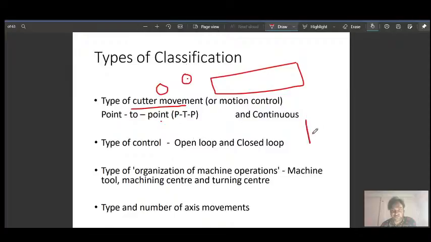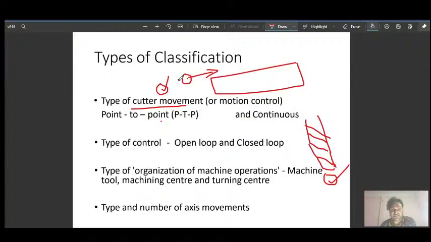Suppose this is your drill bit, we project it from the top, and the cross section appears circular, so we show it as circular. That's why in all cases you will see circular. So the tool is moving this way.